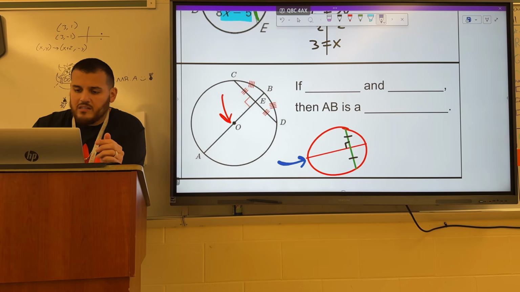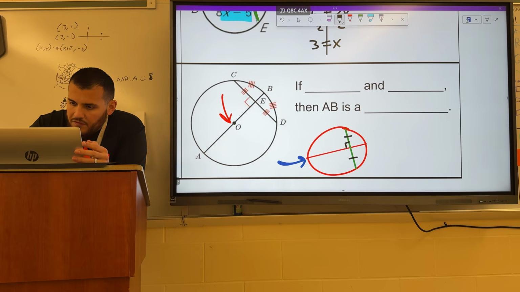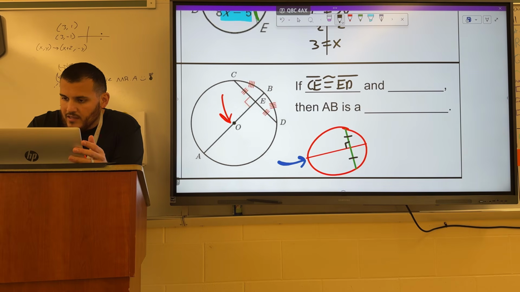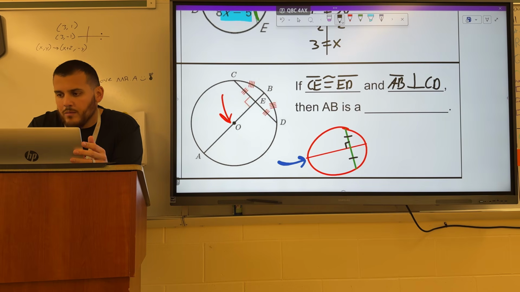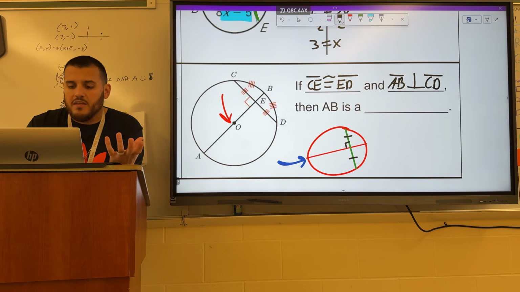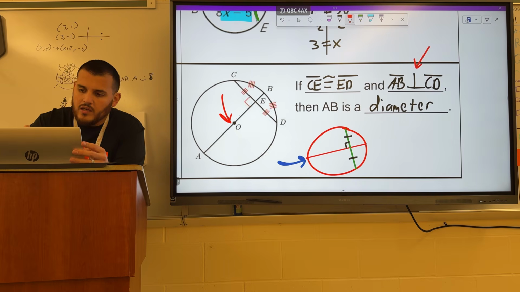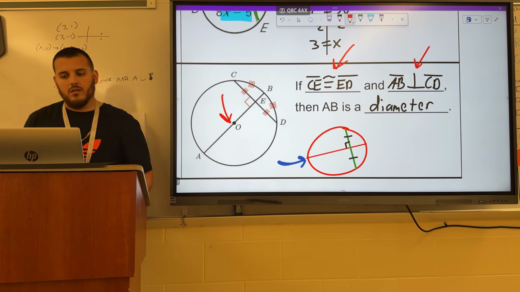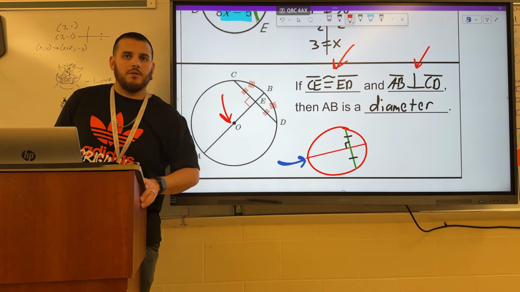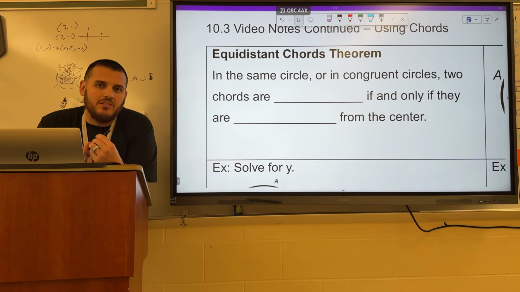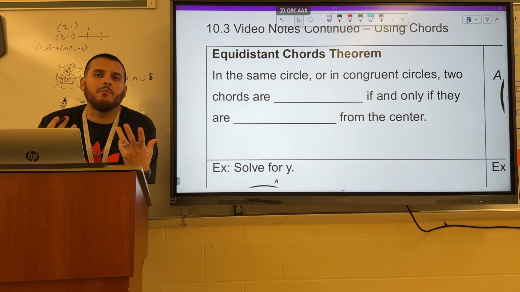So to fill in the blanks here, we would say if CE is congruent to ED, so that's the bisector part, and AB is perpendicular to CD, that's the perpendicular part, then AB is a diameter. So if any chord is a perpendicular bisector of another chord, then that chord has to be a diameter. The last theorem we have here is the most popular one, or the most common one that's used here